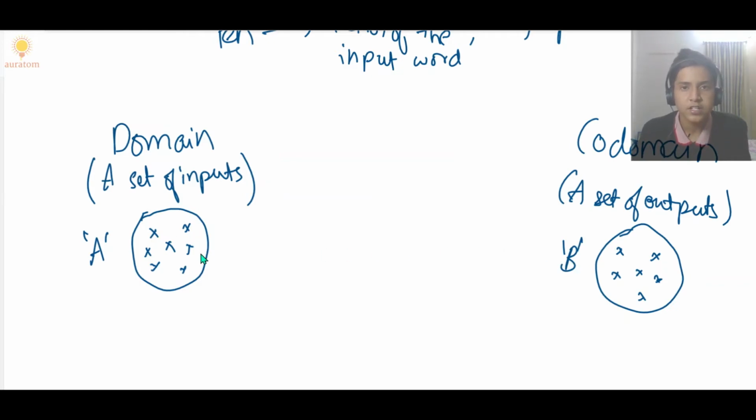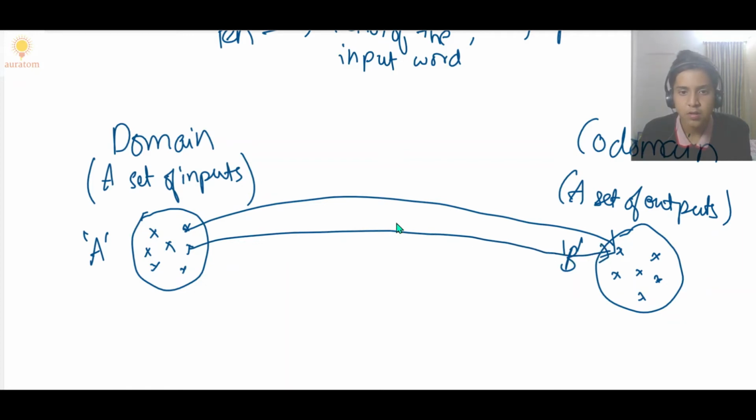And what a function does is it maps every element from the set A to exactly one element in the set B. So it should take every input in this set A and map it to exactly one element in the set B. So something like this is allowed because it maps to exactly one element, right? But something like this is not allowed because every element should map to exactly one element, whereas here it's mapped to two elements, right? So that is not possible.